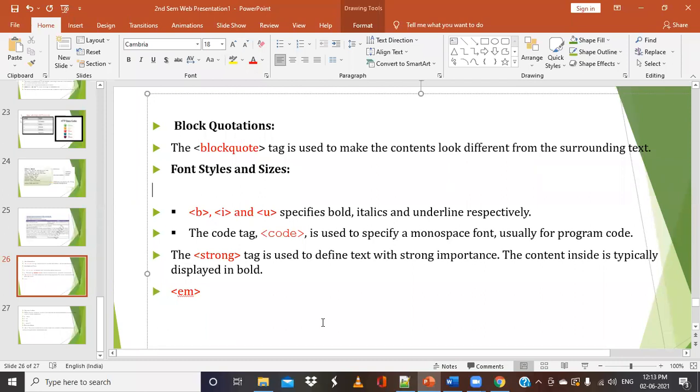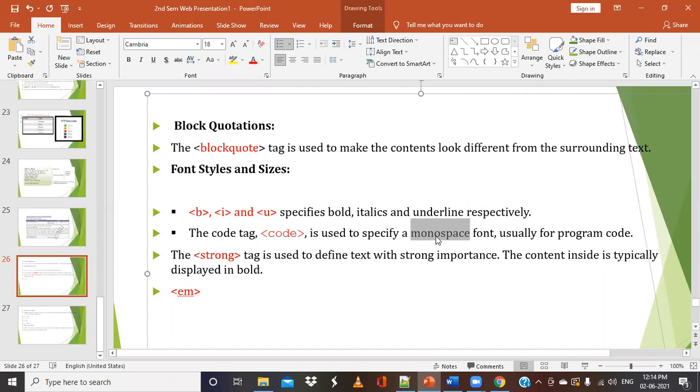For example, if you want to display some coding statements, like some formula or some code, these codes will take a particular font style that we call monospace. Whenever you type any code, like in C programming, C++, or Java, by default it takes a monospace font style.